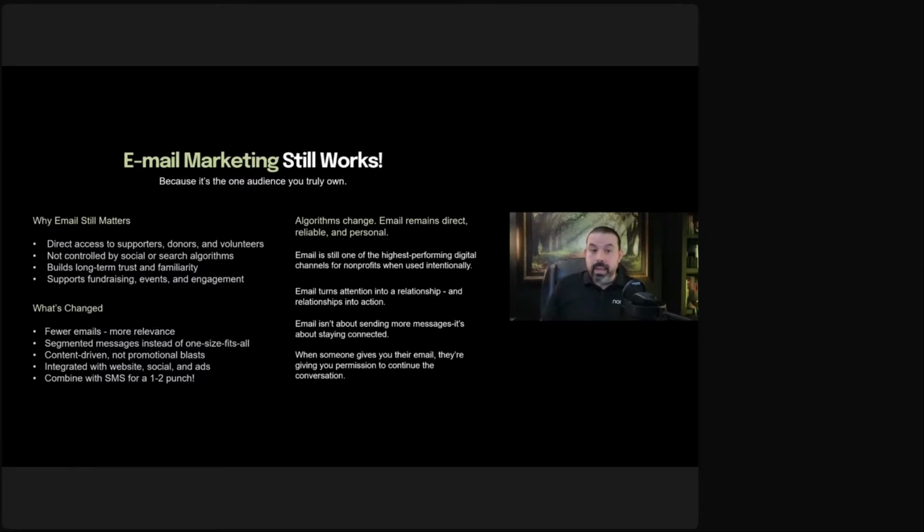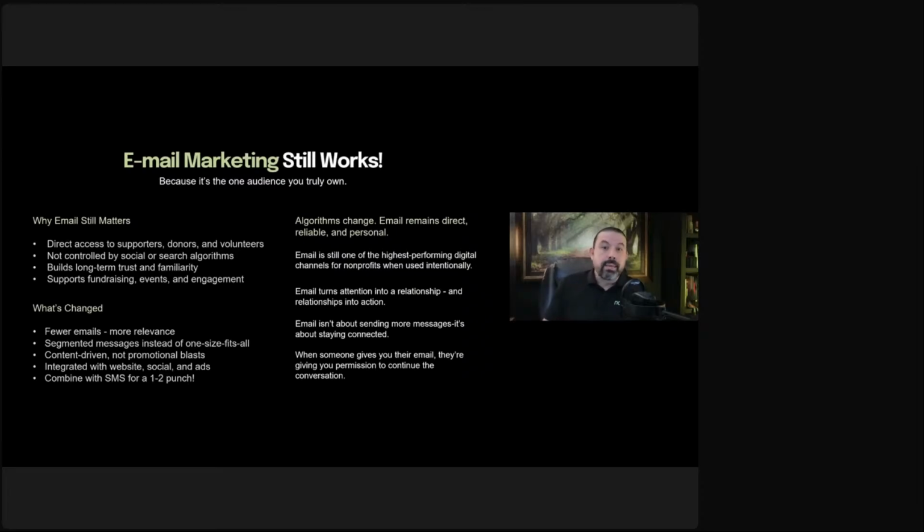Combined with SMS, this is a great one-two punch, right? So if you're doing mass text messaging, be careful with it. Do it slowly, do it sparingly, but make sure that you're using SMS somewhere incorporated in your strategy so that you can have those instant reminders. Usually reminders are the best thing. It's best for reminders, and it's best for calls to action that people have already committed to, right? Maybe a call to action like, hey, don't forget to give that pledged amount tomorrow.